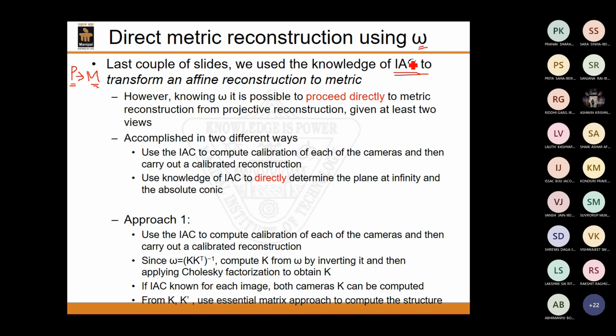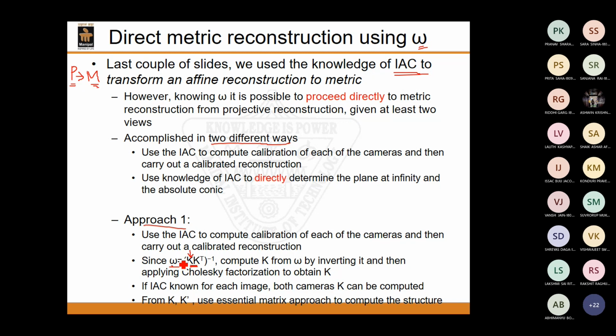Now, this direct reconstruction, we can achieve again in two different ways. In the first approach, let's say you know the internal camera parameter, which is given by K. If you know omega, you can calculate the internal parameter of the camera, right? So the internal parameter of the camera is inclusive of the length and